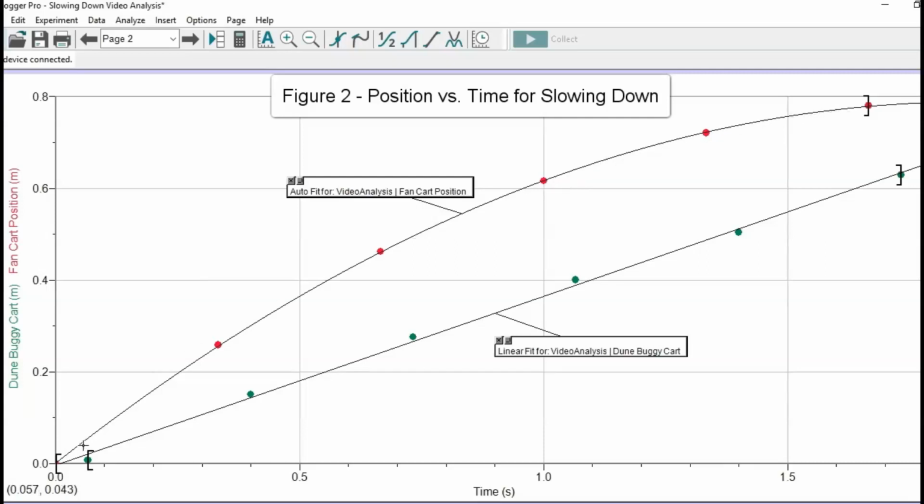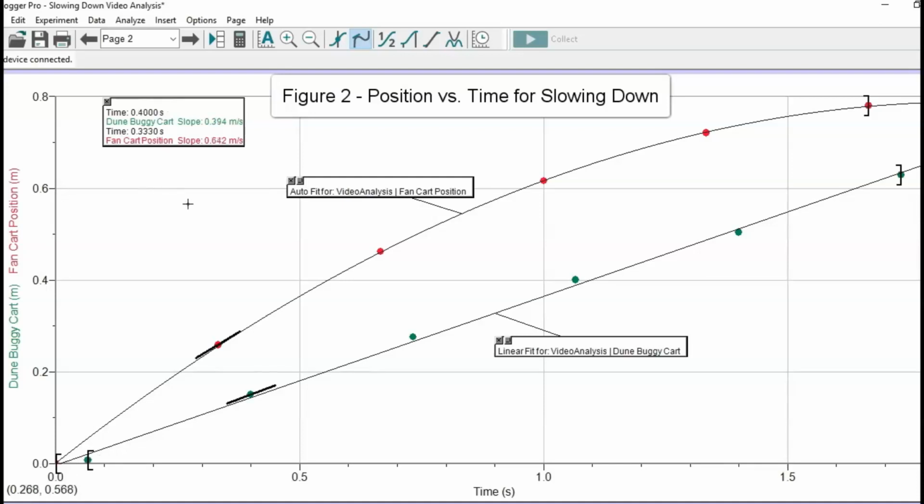Well, if it starts out steep, that means it's starting out fast, and if it gets flatter, that means it's getting slower. So this shape, where it flattens out as time goes on, is a position time graph for an object that's slowing down. And we can just go ahead and use our tangent function and take a look at this. So we can see initially the fan cart was going much faster than the dune buggy, 0.722 meters per second versus